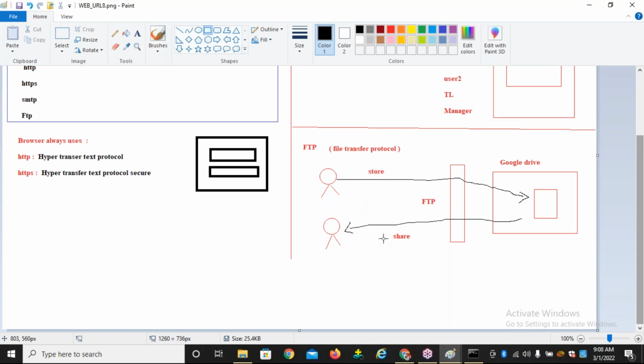If he wants to share a file with person 2, obviously person 1 first has to store that file in the Google Drive. Only if he has stored it is it possible to share that file with person 2. So first he is storing all the files in the Google Drive, and then after storing, he is sharing that file with the other person. So in between, while storing and while sharing,